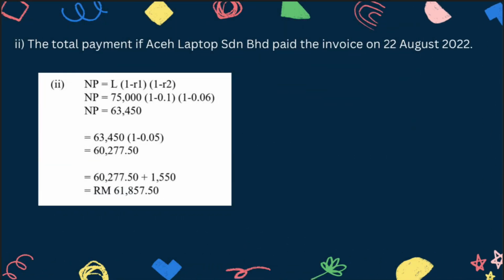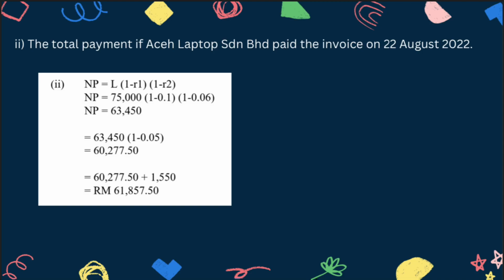As for the second question, the formula to find net price is NP equal to L times in bracket 1 minus R1 times in bracket 1 minus R2. So the solution is 75,000 times in bracket 1 minus 0.1 and in bracket 1 minus 0.06. And the answer for the net price is 63,450. After that, we times the 63,450 with the discount terms, which is 5%. So 63,450 times 1 minus 0.05, and the answer is